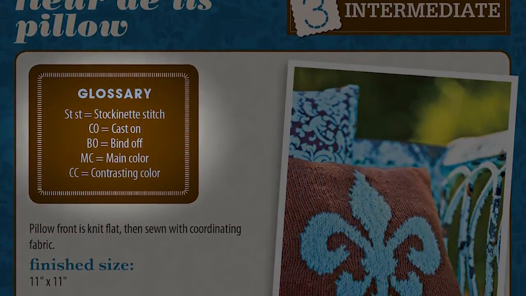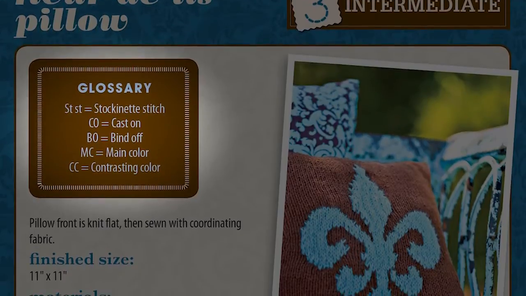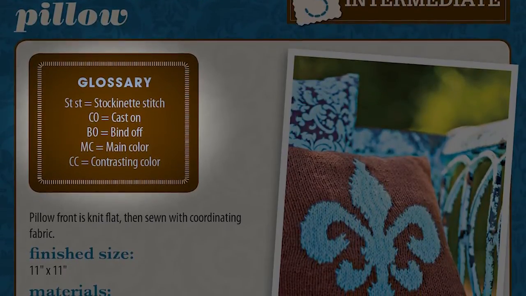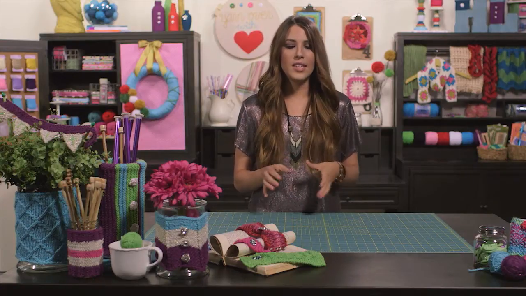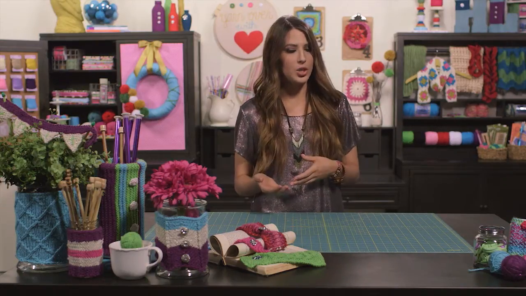The glossary contains a list of abbreviations that represent actions or descriptions pertaining to a particular pattern, along with the full word these abbreviations stand for. So when you're looking at the lines of your pattern, this is where your abbreviations are. Abbreviations are used simply to make the pattern shorter in length. What I would suggest doing as a beginner is to go through your pattern line by line and look at the abbreviations and write out the full word that abbreviation stands for above those abbreviations. And then practice reading through each one of those lines, just saying the full word out, and then you'll start to associate the abbreviation with the full word.